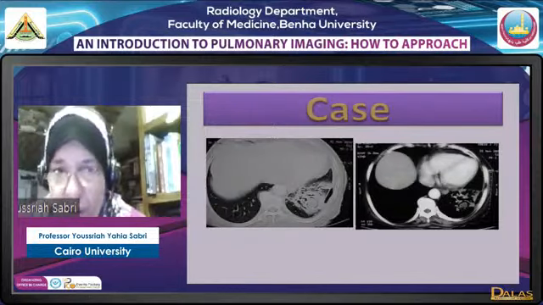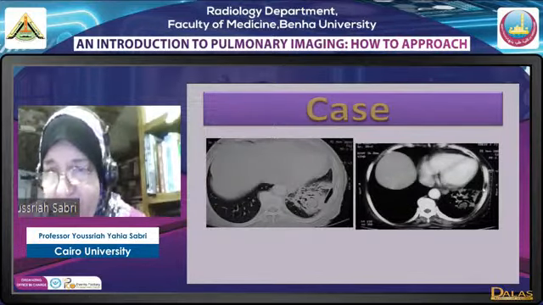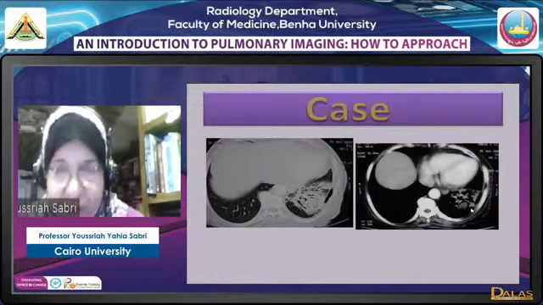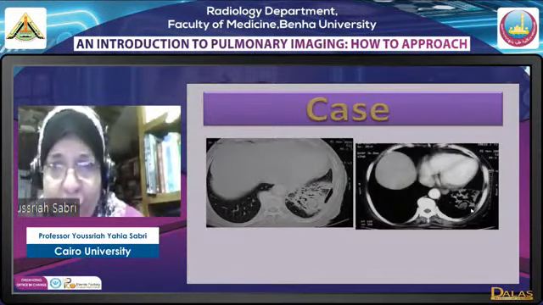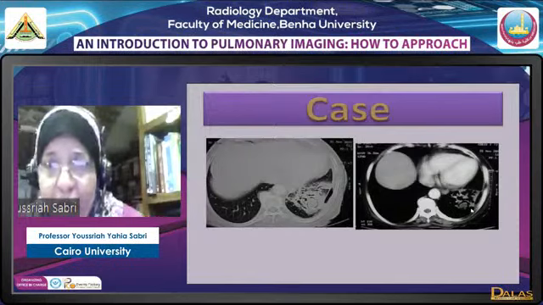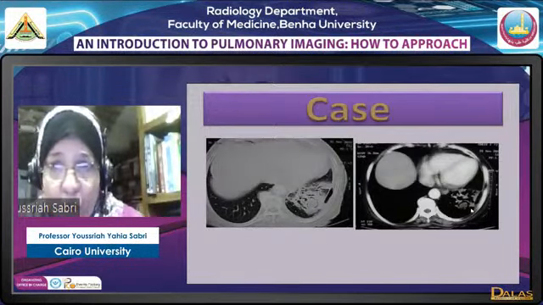In addition, we have a lentiform thin pleural based lesion with air fluid level, as you can see here. This lentiform air fluid level is a loculated hydropneumothorax. A loculated hydropneumothorax related to such infection without a tube is a bronchopleural fistula,